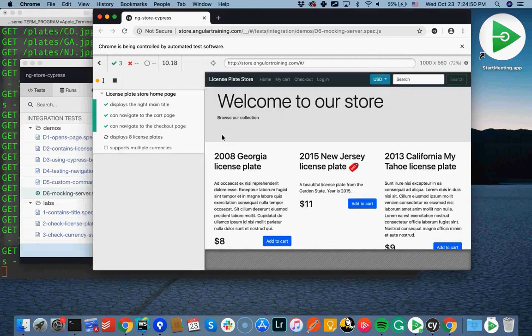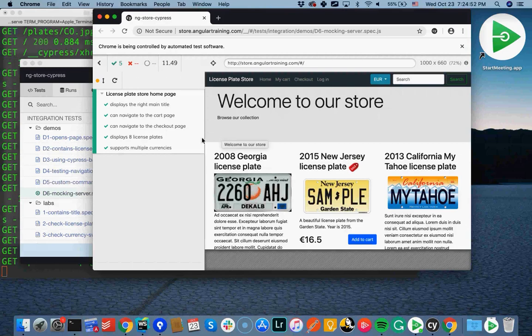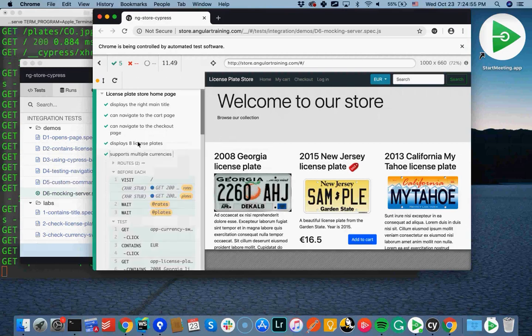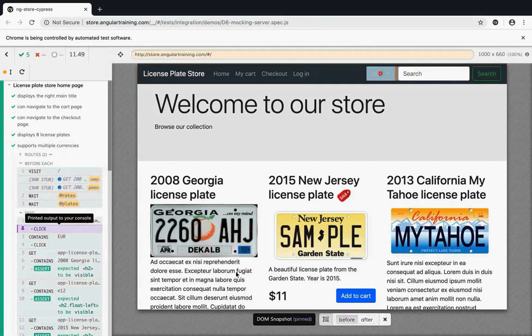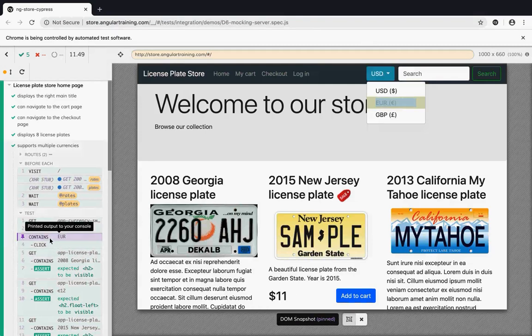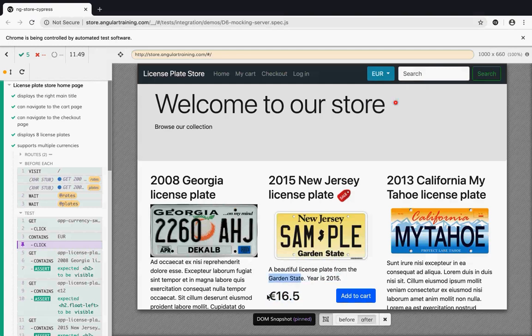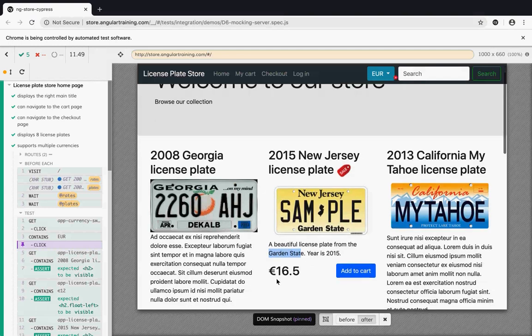So it's visiting that page. All of the tests are running pretty quickly now, and everything passes, including our multiple currency support. This one is actually pretty good for time traveling, because we can see everything. So at first, when we got started on that test, the currency was USD, so my prices were in US dollars. Then I clicked on the currency switcher. After I clicked on it, the drop-down opens. I checked that it contains euros. We selected euros. We clicked on it before the prices are in USD, after they're in euros. So that's perfect. Everything works.